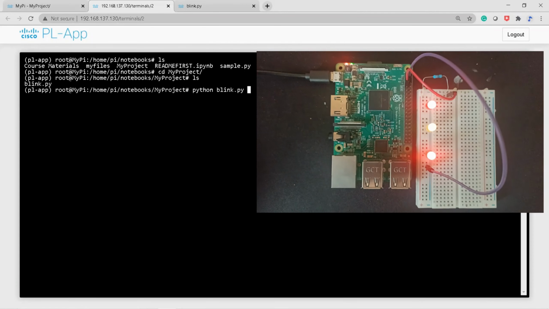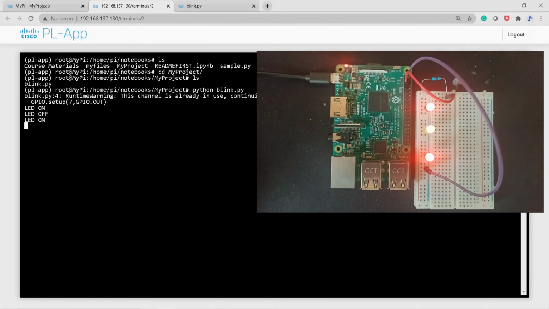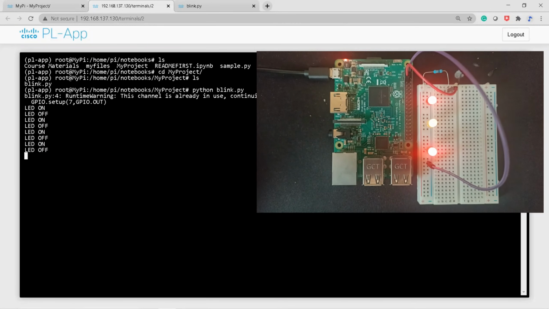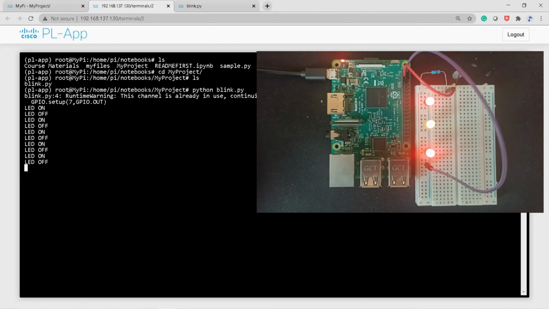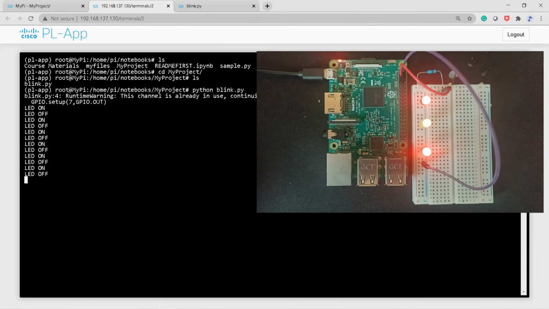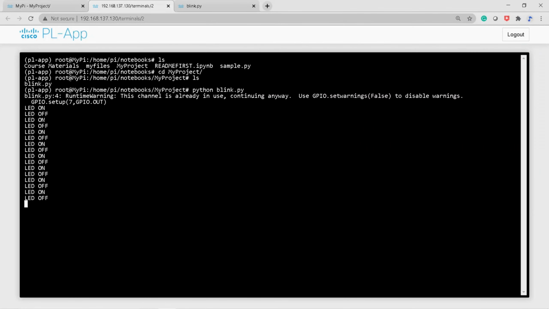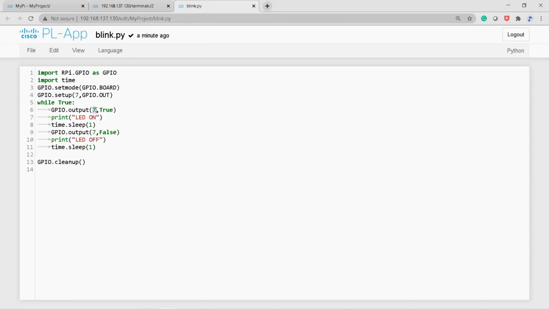So now you can see LED on, off. This is a warning message because I already executed this program, so that pin is in use, so no need to worry about this warning. So on, off, now you can see that LED is on and off. All the 3 LEDs are now on and off because you are supplying only one power. If you go to the program here, how many powers you are using, only one power output, pin 7, for all the 3 LEDs.